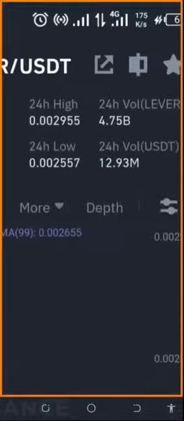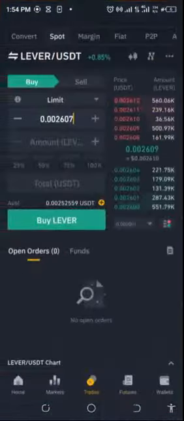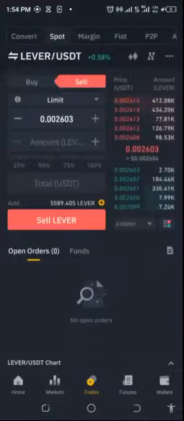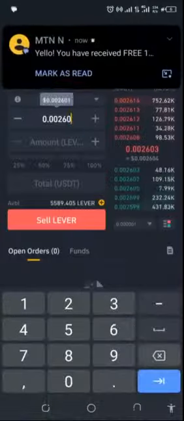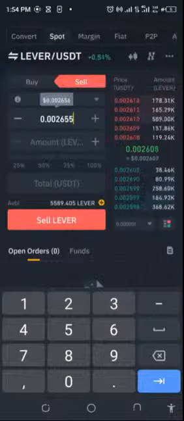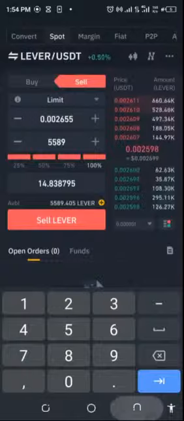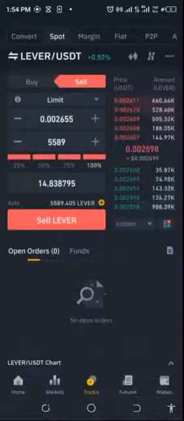We have 2955. So I'm going to go and do 2655. Okay, so I'm going to take that to 2655. So if I do all of this, I'm going to actually make this amount of profit. So I'm just going to click on sell,